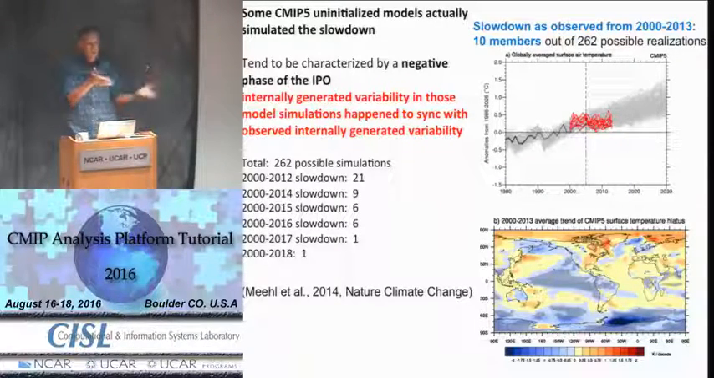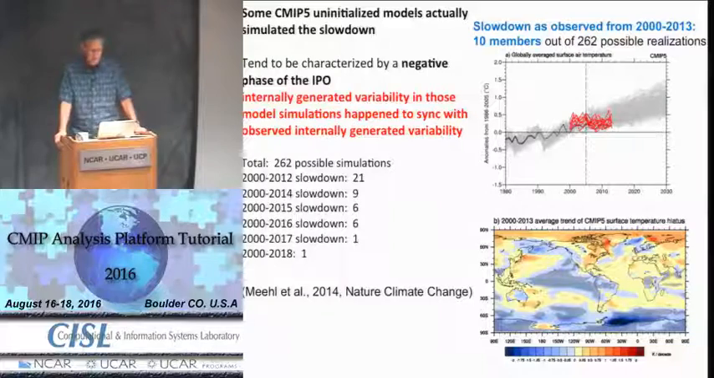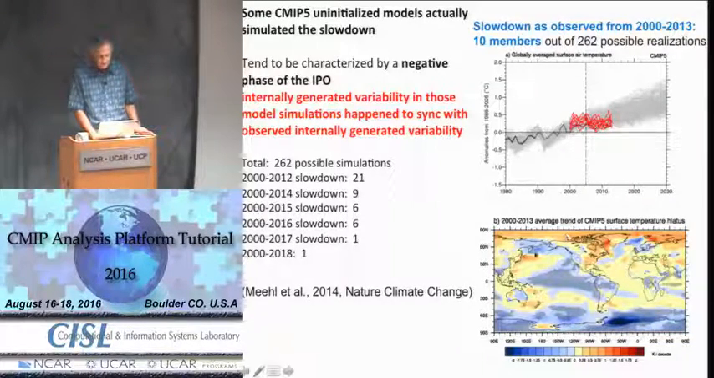So the observations are going along, generating this internal decadal variability. The model is going along and simulating its own internal variability. And if you happen to get them synced up, 10 of these happen to sync up at exactly the right time. And it turns out that if you look at the surface temperature trends from these simulations, this bottom panel here,